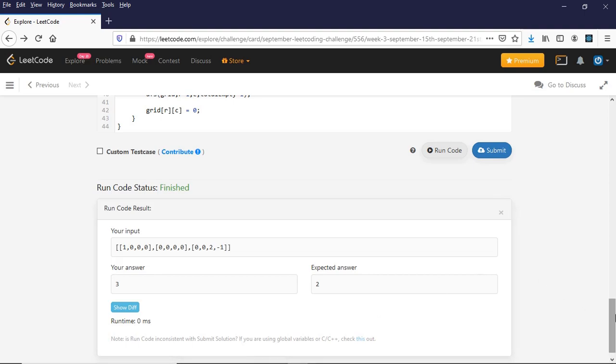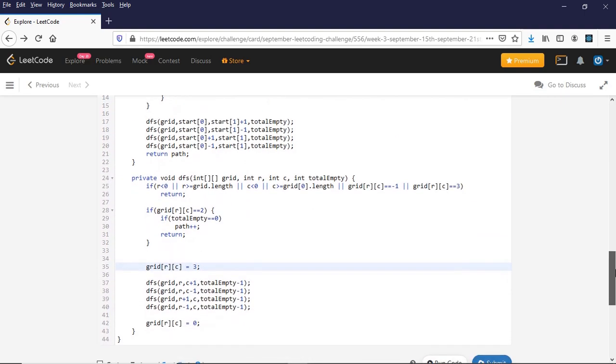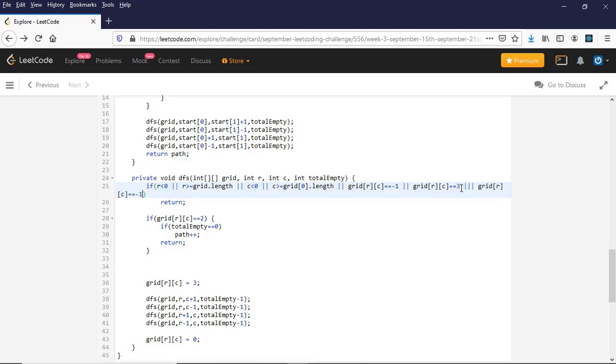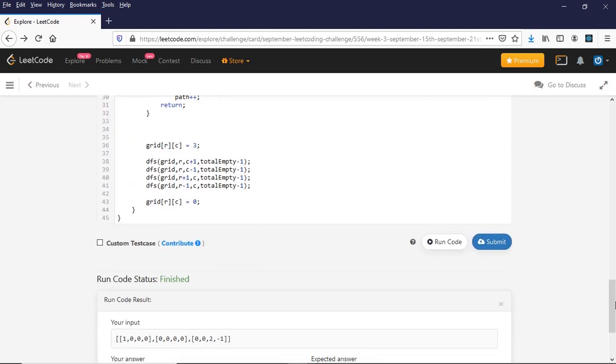Expected true. Okay, one more condition that we should add here is that while going over that, we can have the grid[r][c] equal to 1, right? It can be the start condition as well. So we have to add it here that I should not go back to my starting grid, right? So I'm adding that as well here in my base condition.